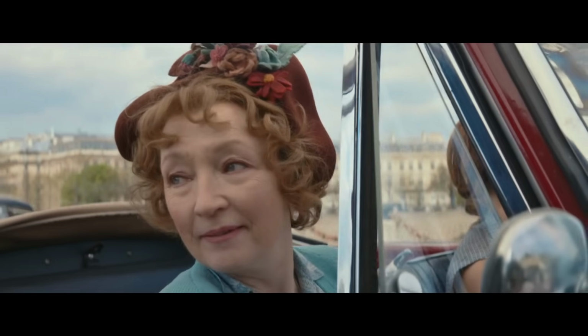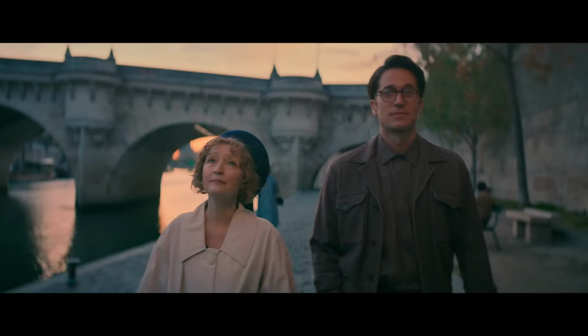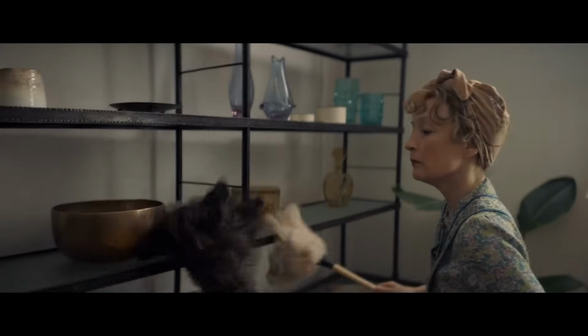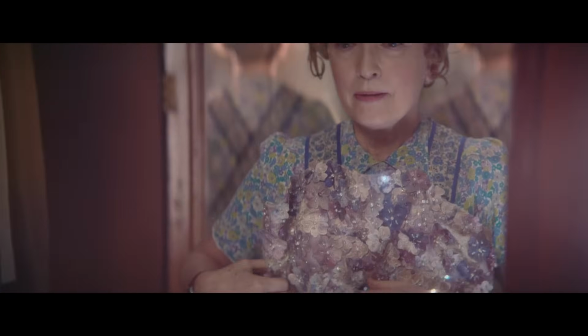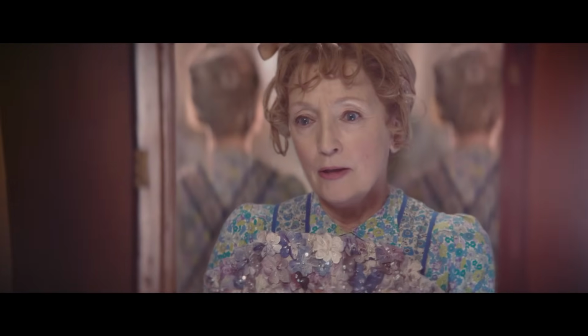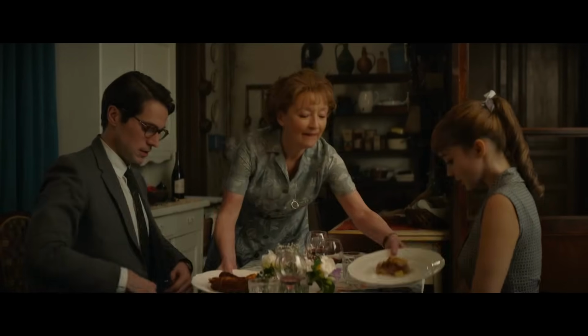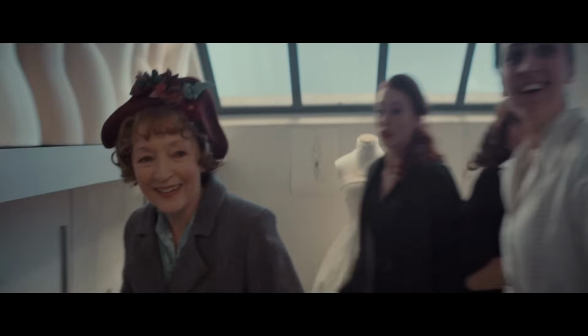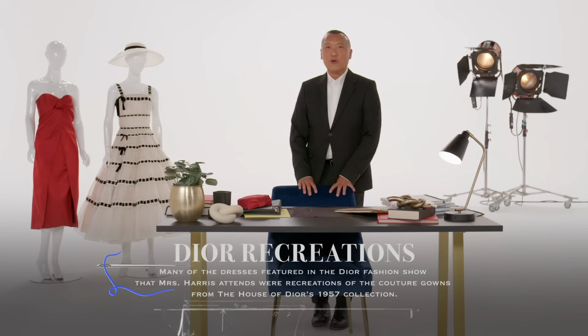Academy Award nominee Leslie Manville plays a lovable Ada Harris in this delightful and enchanting tale. Mrs. Harris is a seemingly ordinary British housekeeper, but her dream to own a couture Christian Dior gown takes her on an extraordinary adventure to Paris, where she manages to make new friends and inspire change with her bright and vibrant zest for life. The film features a 1950s European-inspired wardrobe, but of course, nothing outshines the Dior replicas that